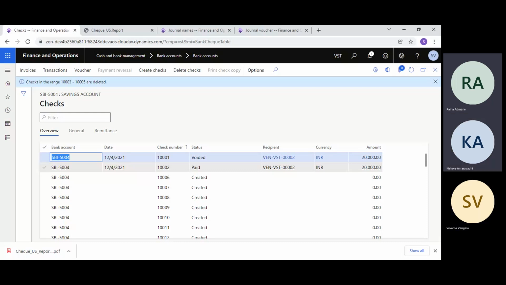In the free method, we have the option to select the check number. Whatever checks you want to use, you have to put that number manually, and the system will see whether that check is available or not. And if it is available, it can take that.